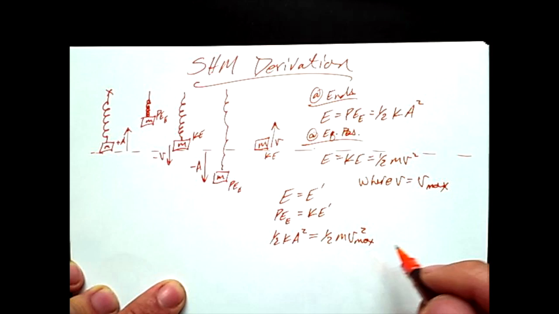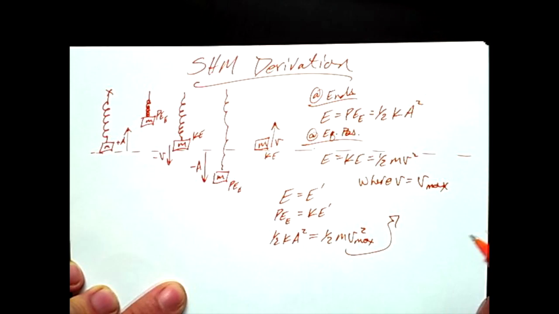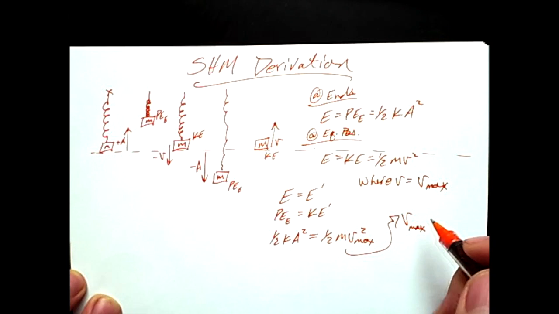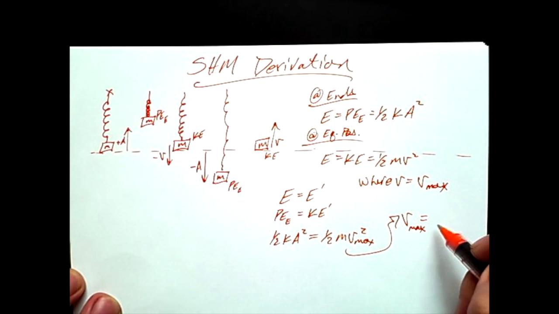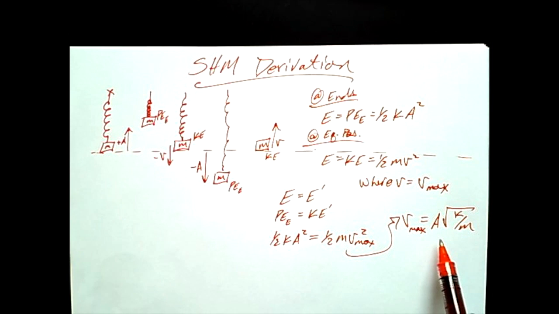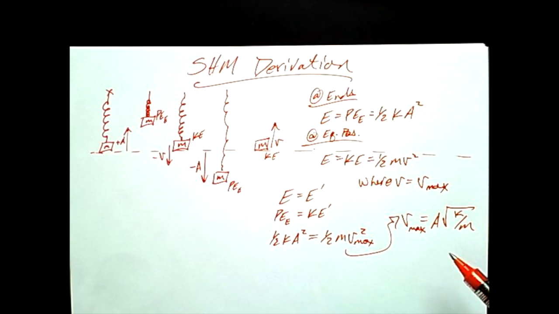And we've already seen that this allows us to calculate V max as A times the square root of k over m. This was utilized in a previous video much earlier in the year for describing the physical characteristics of a system that was not related. But before we get to that and why that was useful and where that comes from,